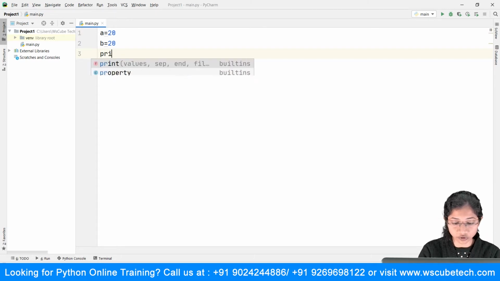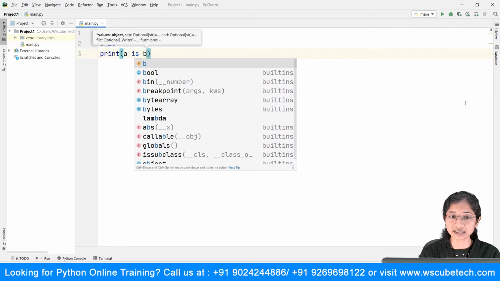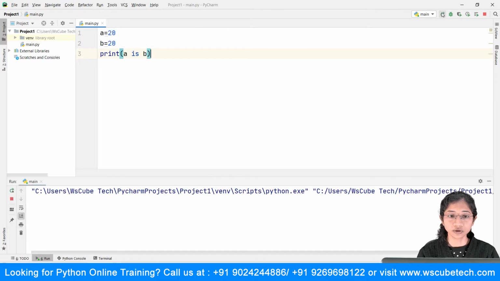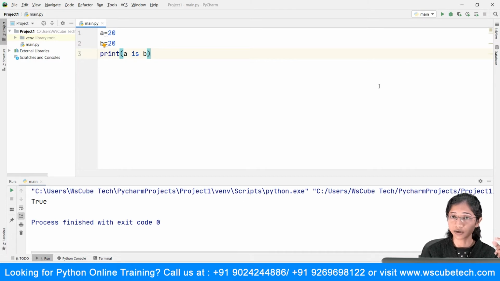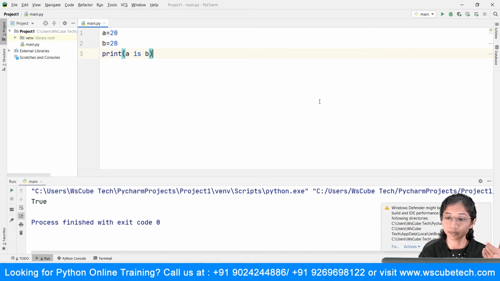So basically, I am going to ask Python to let me know whether a is b. When I run this, you are going to see that it says true. This means both values are stored at the same memory address. In Python, you have a provision for checking at what memory address a value is stored.